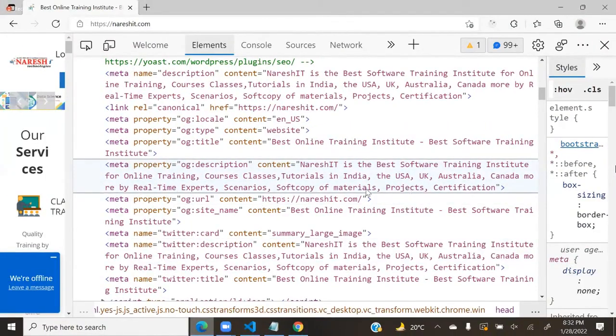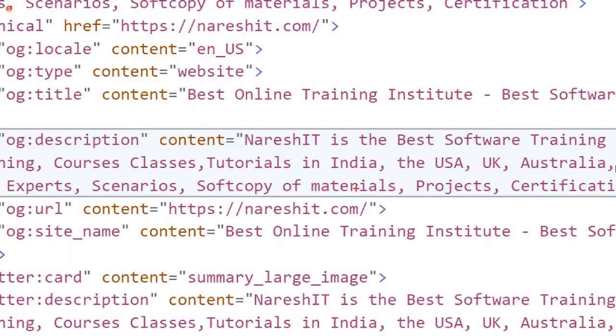They have given other keywords too: courses, classes, because some people search online courses, some people search online classes, some people search tutorials. Tutorials in India, in USA, in UK. We don't have branches everywhere, but people searching from various regions may try like this.